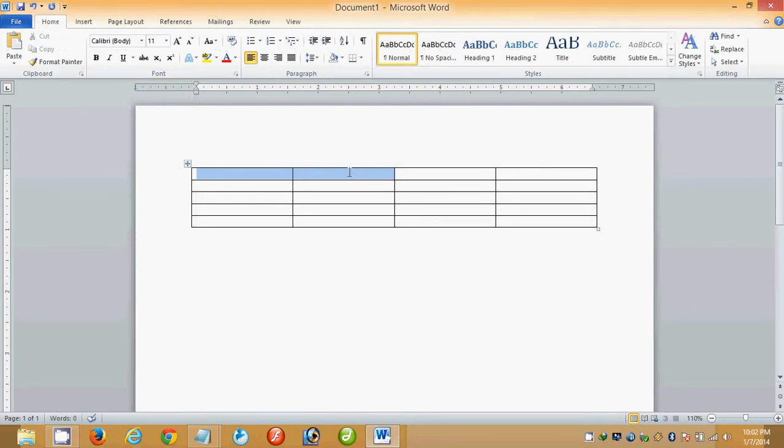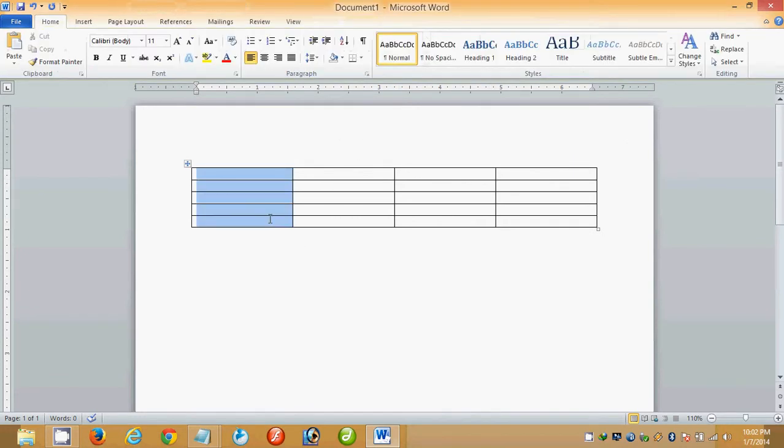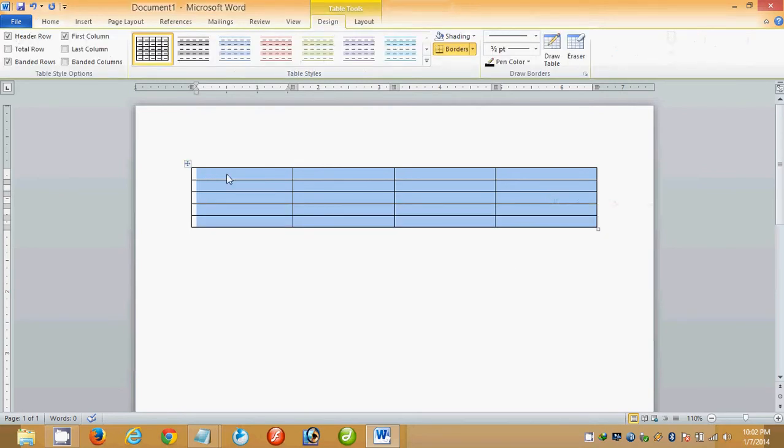This horizontal line is called a row, and this vertical group of lines are called columns. This is called a column and this is called a row. So this is the first row, the combination of first, second, third, fourth, fifth is called a combination of rows.